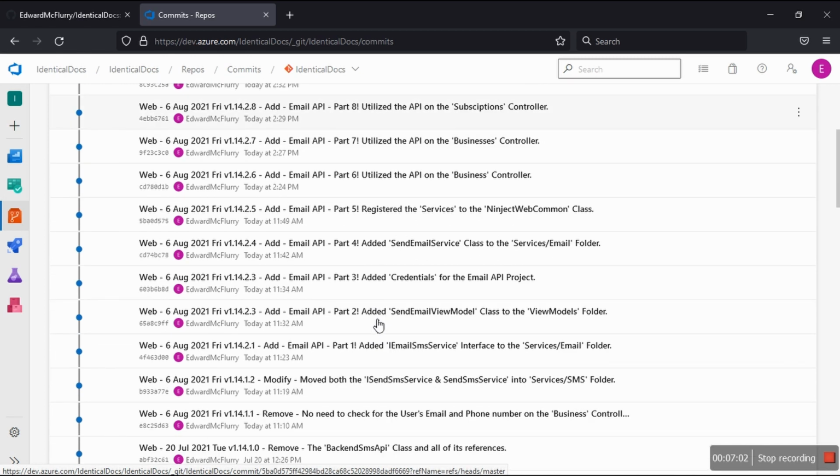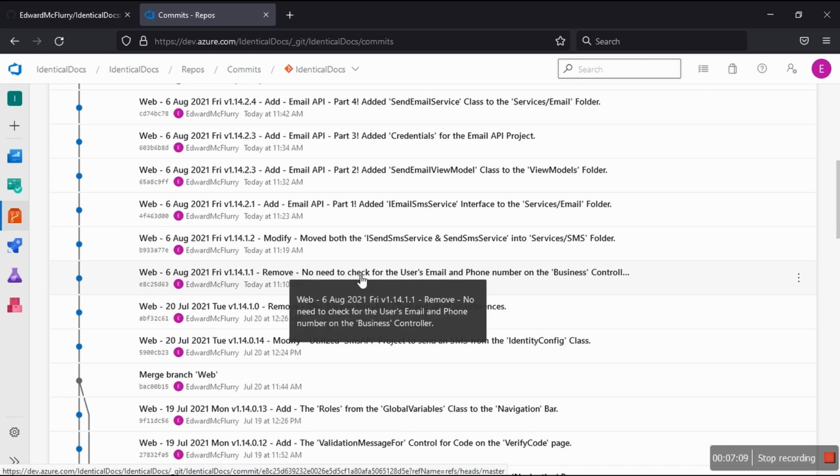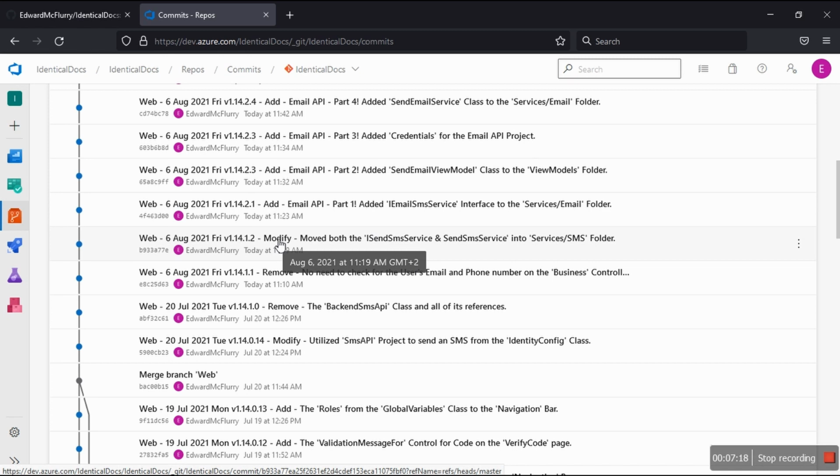So this is what I did. The first thing I did was, you see the actions, remove. No need to check for the user's email and phone number on the business controller. I even specify where the focus was, and then here I modified. I moved both the ISendSMSService and SendSMSService into the Services/SMS folder, because there was no folder. Because there are some changes, that's when I started part one,